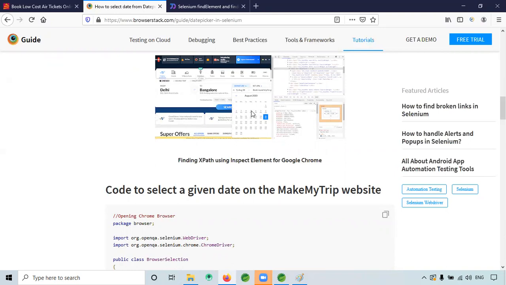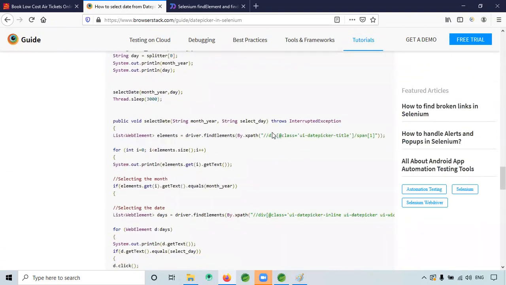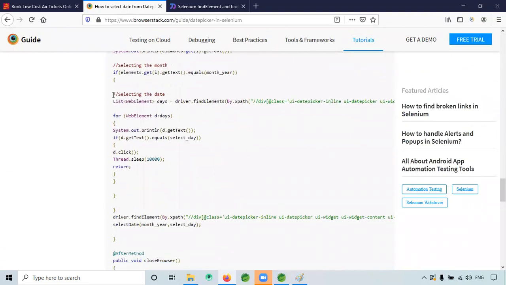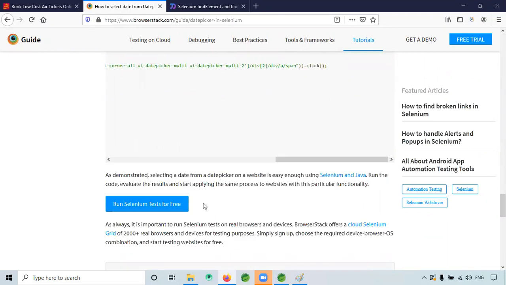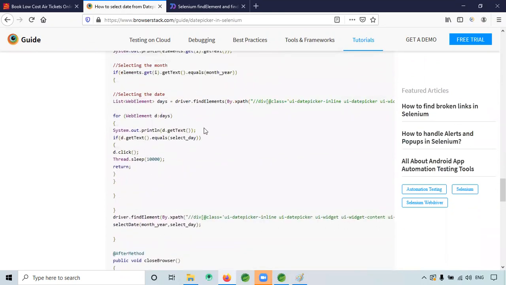What will they do there? For this calendar, they will use only one div tag. But when you click, we are passing different dates, right? So this is the one for selecting the date. Sometimes we'll use this, find elements.